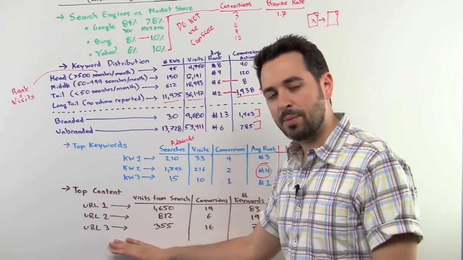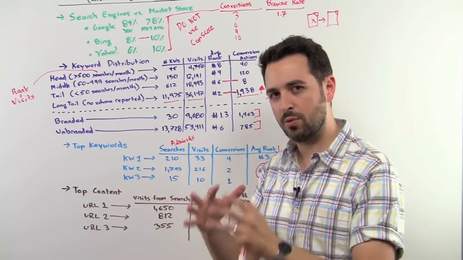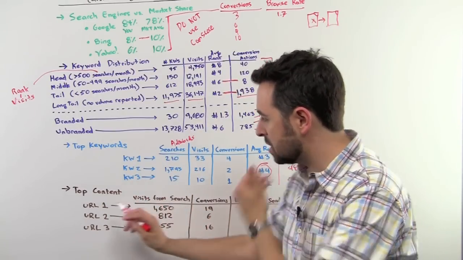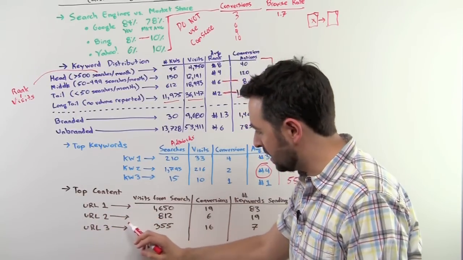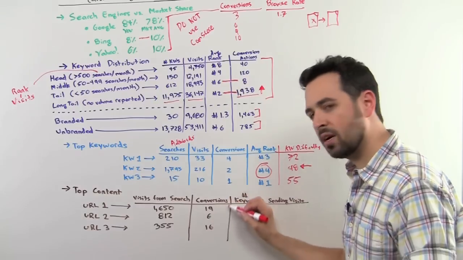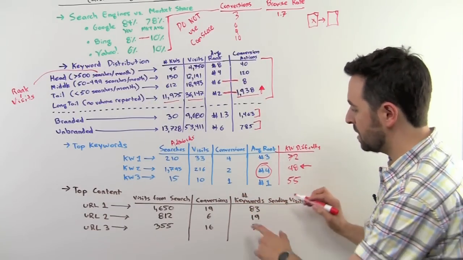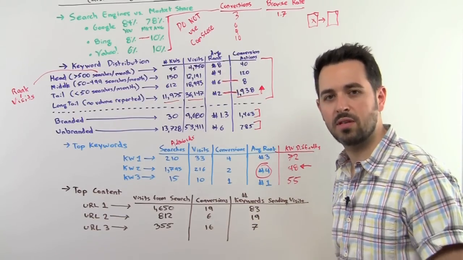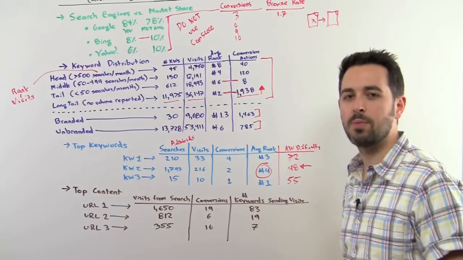And the last place I look from a keyword metric, it's technically not a keyword metric, but I think it's very, very important because of how it captures keywords and encapsulates this data, is top content, right? So this is essentially, all right, here's my home page. Maybe that's my landing page for product A, and this is product B. I can see how many visits from search I'm getting on these. I can calculate the number of conversions on those. I look at the number of keywords that are sending visits to these pages. And this really helps to tell me about the content that I've produced in the past. How successful is that? And going forward, it informs me what content I should keep creating, right?